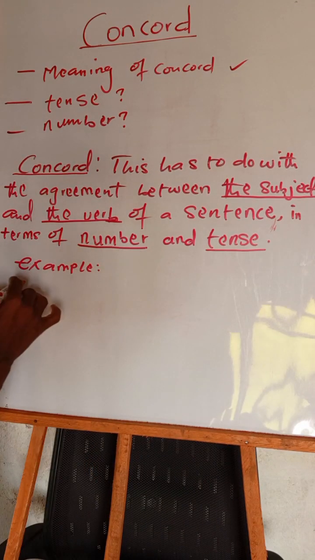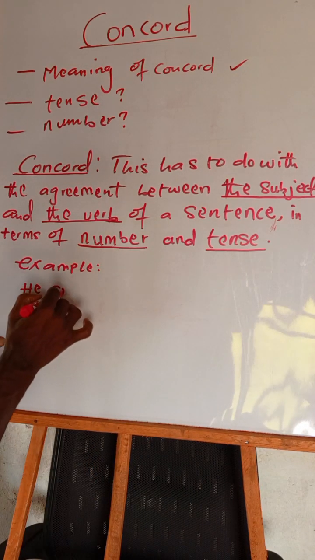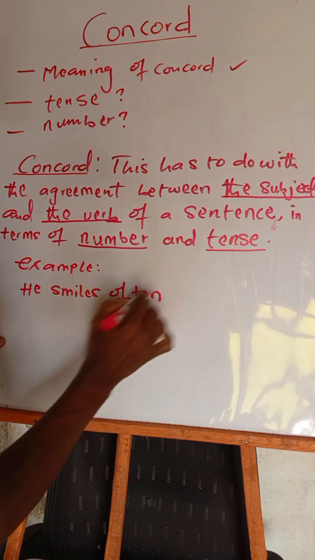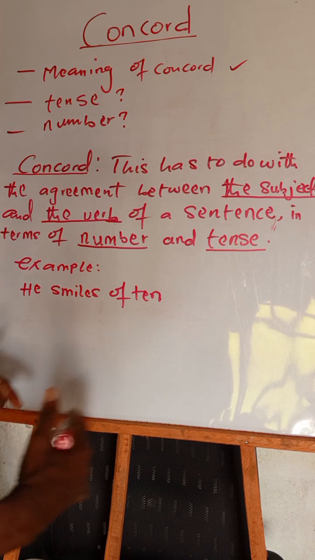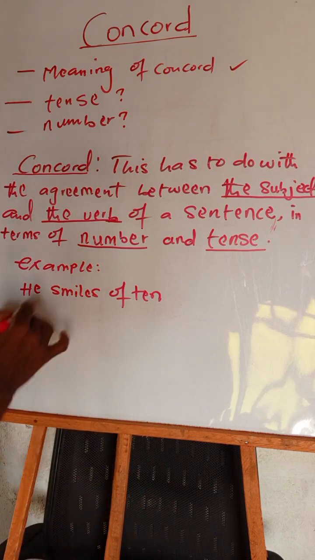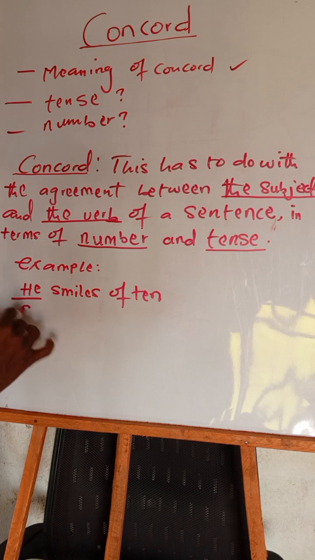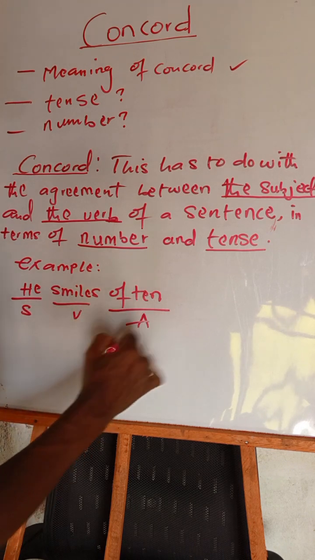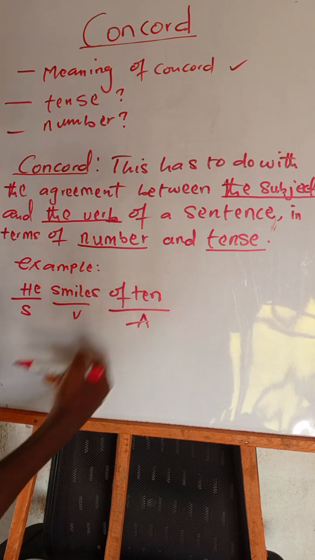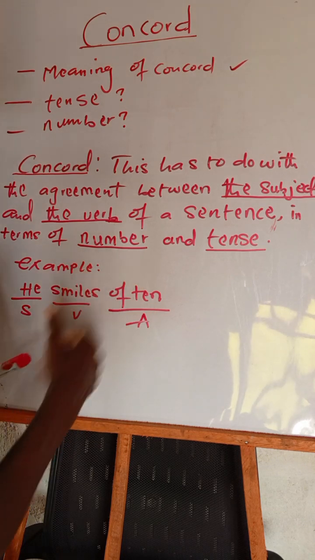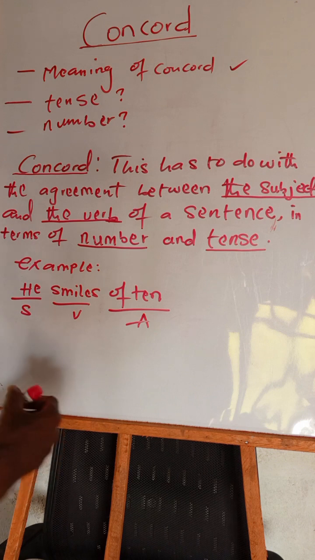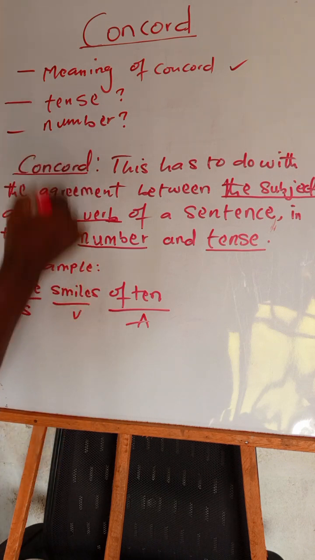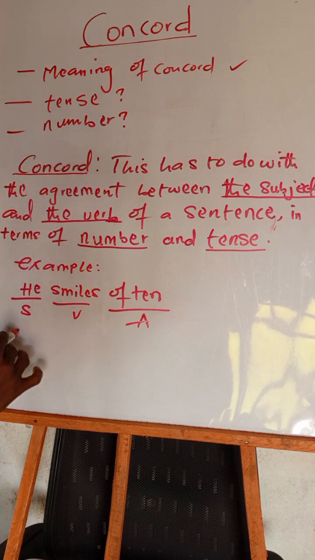Now we move from there. Now, he smiles often. He smiles often. So when you look at this, the pronoun he is the subject and you have the verb smiles and you have the adverb of frequency, often. He smiles often. Now when you look at this, if we're expressing this in terms of tense,